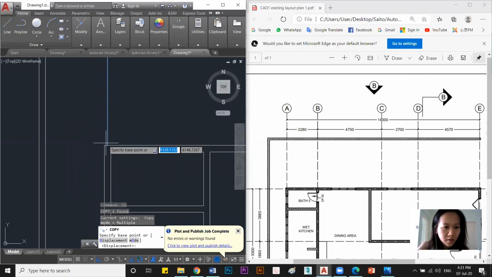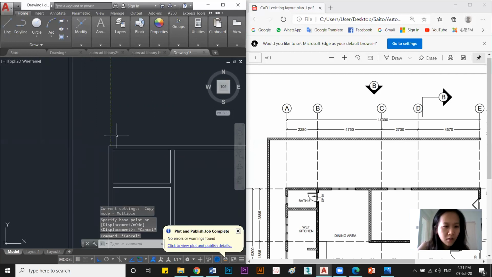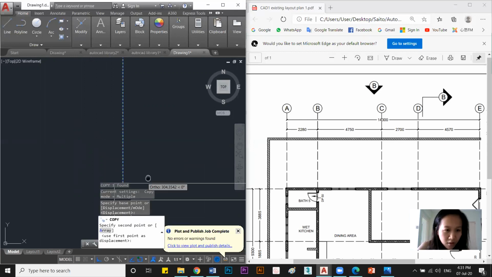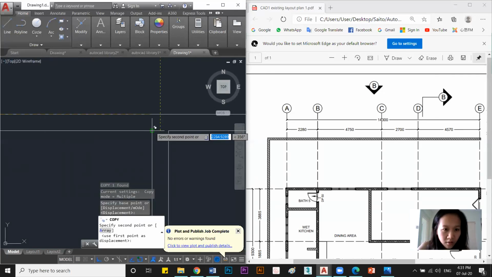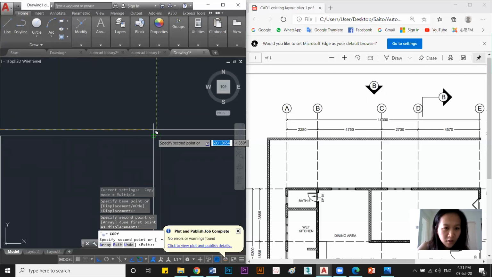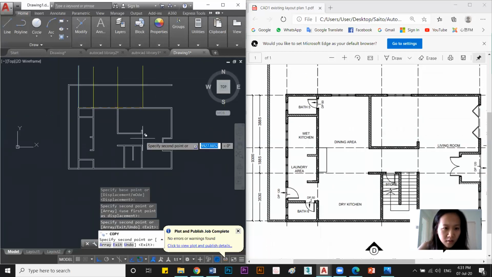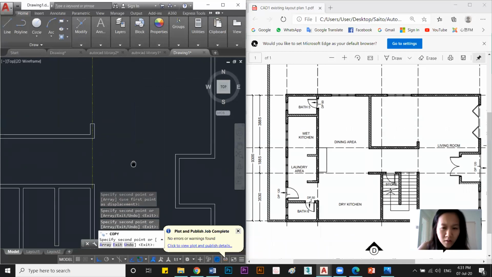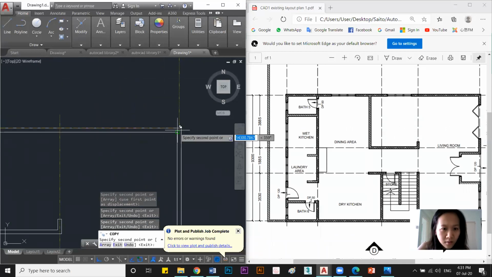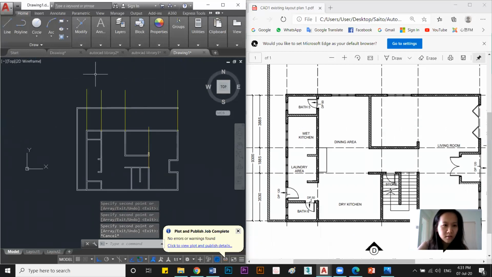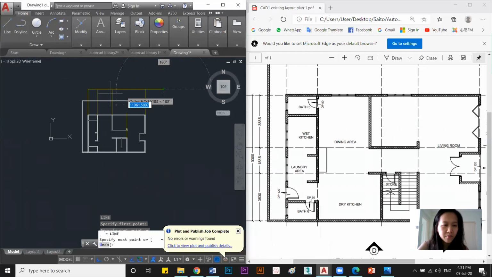Copy from the corner here to the corner here to here. The D is under here, and the last one is here. Okay, so this one, draw a line here, and then